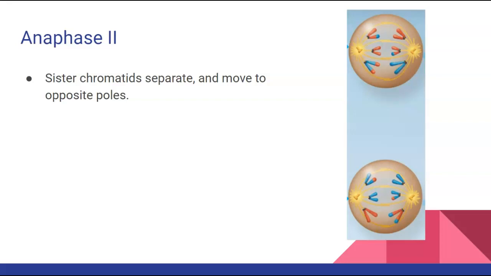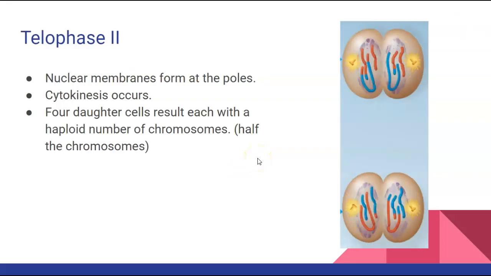This is important because we are moving into a new terminology. So sister chromatids are now what's being moved, and you can tell that they're only half of a chromosome. And then in telophase 2, the nuclear membrane forms again, cytokinesis occurs, which is the separation of the cytoplasm, and